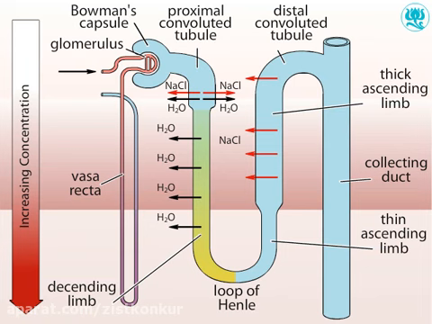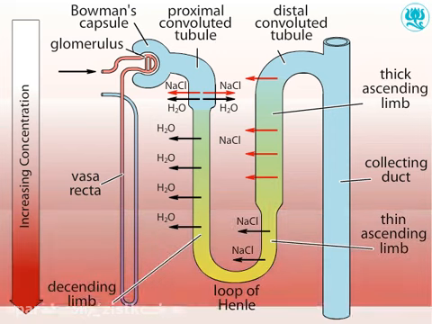It is, however, permeable to sodium and chloride ions. Since the tubule fluid is more concentrated than the surrounding tissue, sodium and chloride ions diffuse out. The thick ascending limb continues to move sodium and chloride ions to the medulla by active transport. As a result of this process, the tubule fluid reaching the distal convoluted tubule is less concentrated than the blood plasma, and the solutes that have been left behind in the renal medulla have created a concentration gradient in the